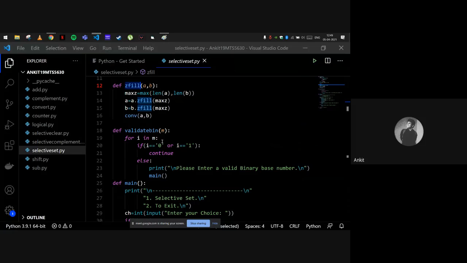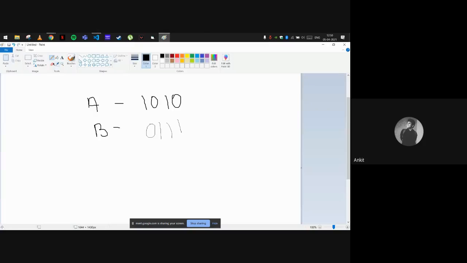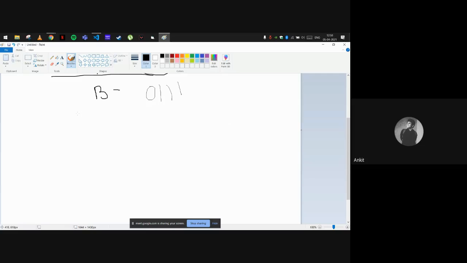Then we come to our main loop in which we are storing the variable A in a list format. So this A is now in a list like this.